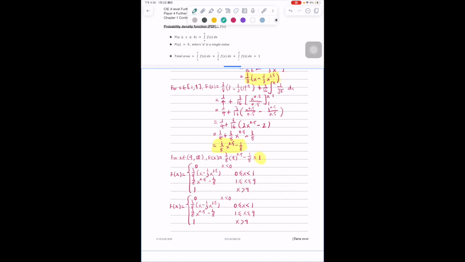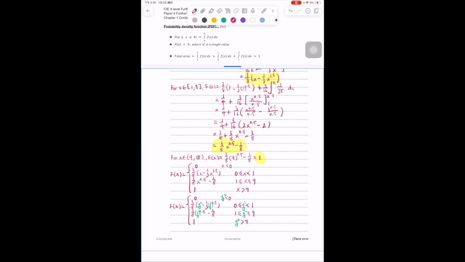Right here we have y squared, here we have y squared, again everything just the same, y squared. Okay, so now we can make it look clear